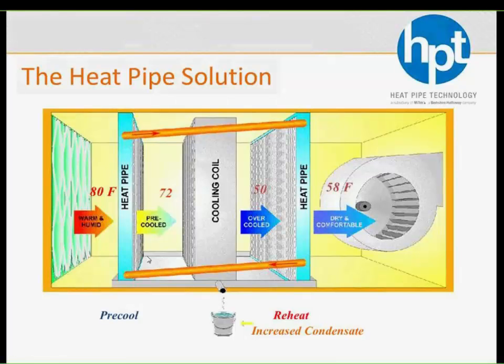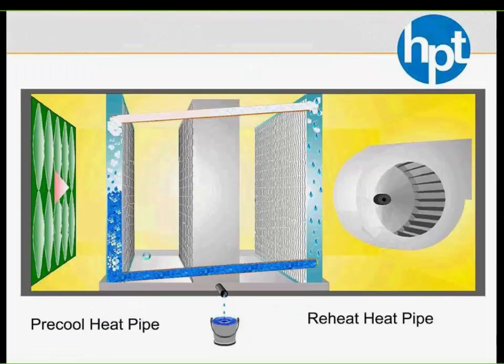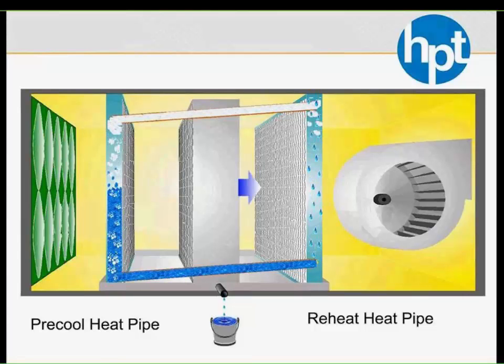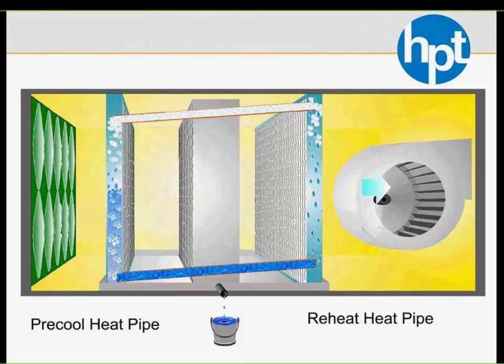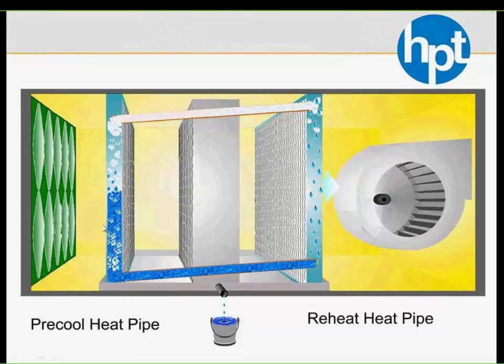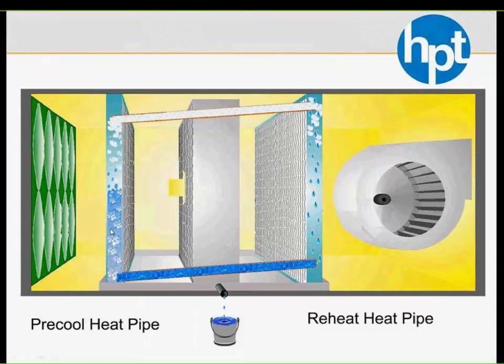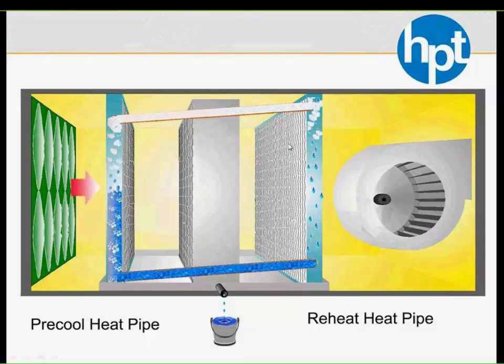So this is completely, like I said, a passive process. Now what's physically happening inside each circuit, like I said, there's a refrigerant in each circuit that we add, and that refrigerant is hitting that first coil, which is called our PreCool heat pipe, changing phase from liquid to vapor, flowing to the reheat heat pipe, and that reheat heat pipe is hitting that cool air from your cooling coil,